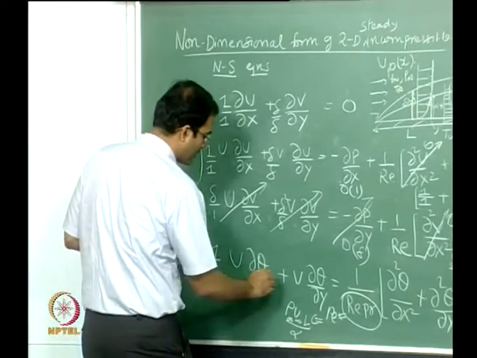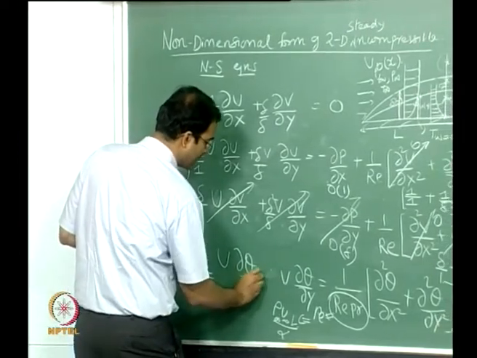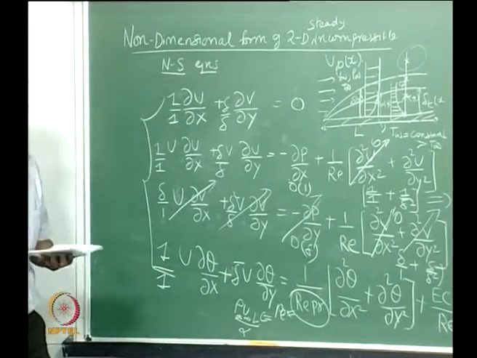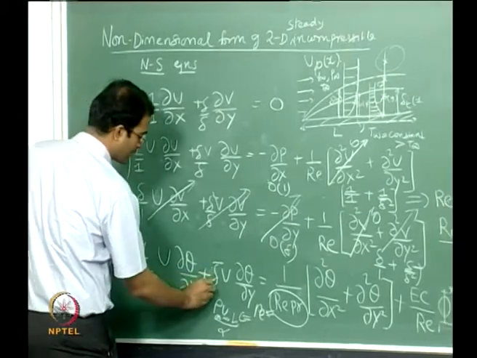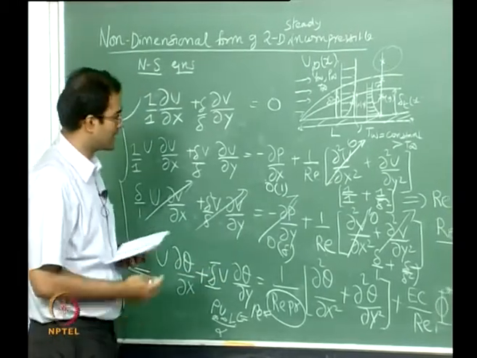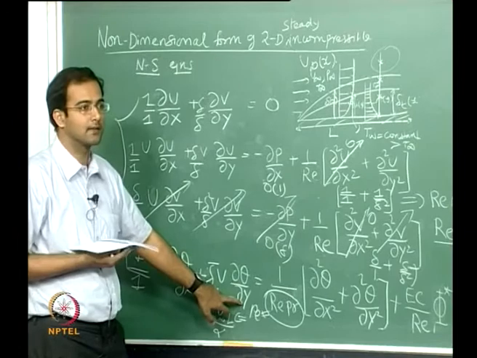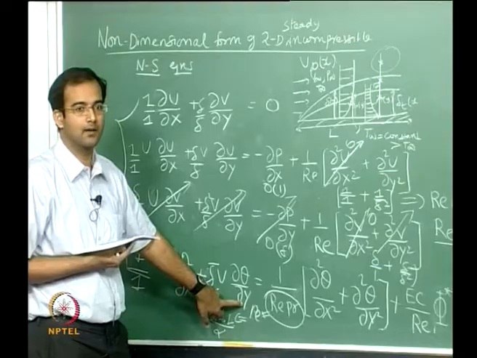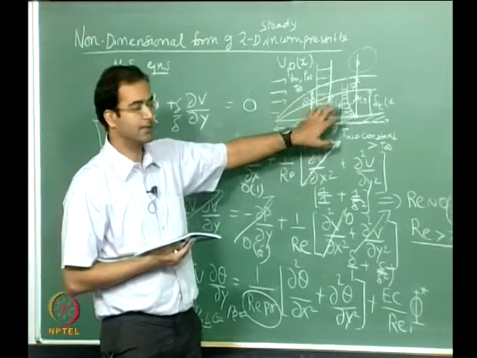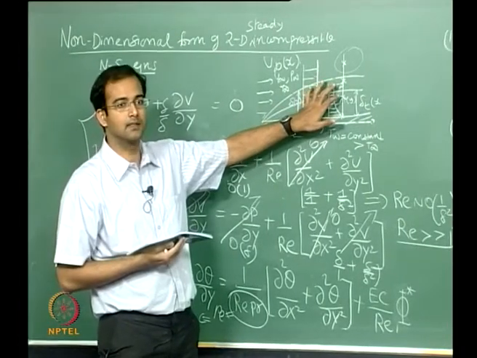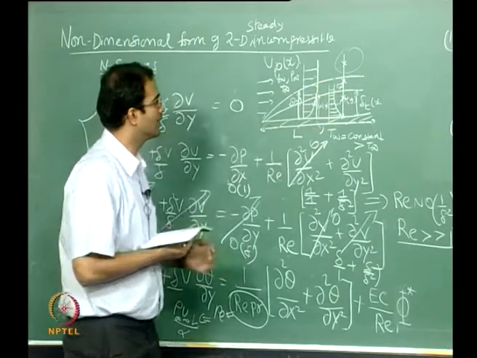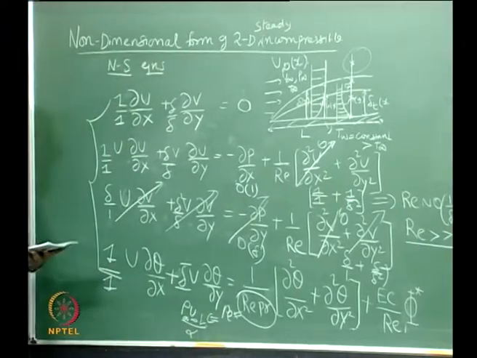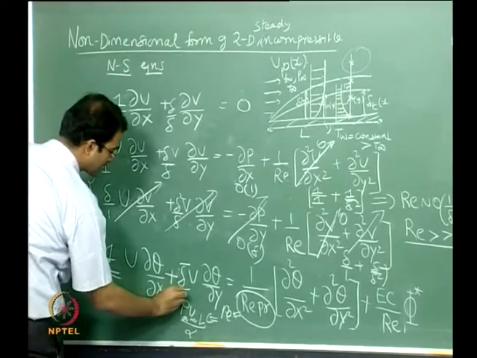And how about your V here? This should be delta. Theta is already of the order of magnitude 1, so V is of the order of delta by, now when we are considering the temperature gradient, which boundary layer do we have to look at? The thermal boundary layer. So for temperature gradients in the thermal boundary layer, our y scales with delta T, therefore we have to use this as the scaling parameter. So we will say that this goes as delta T bar.